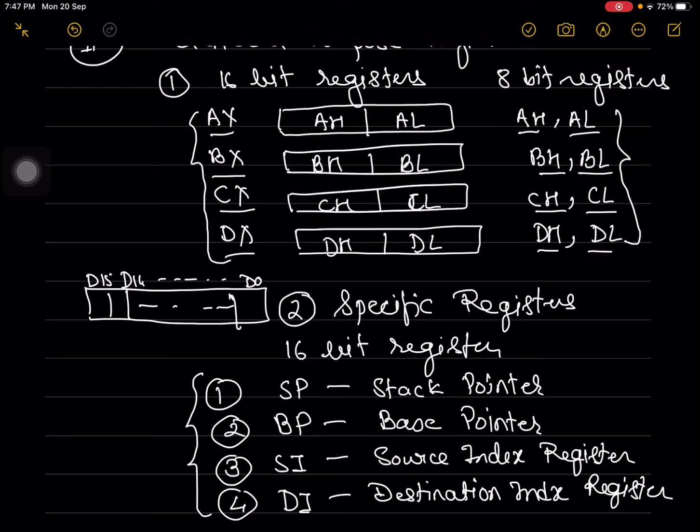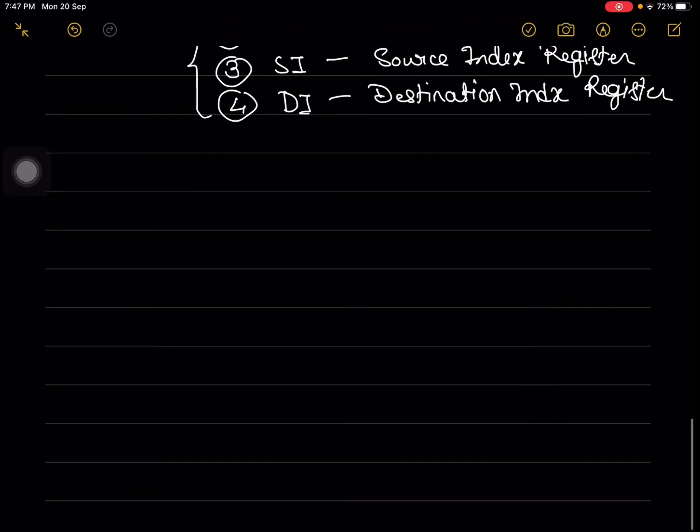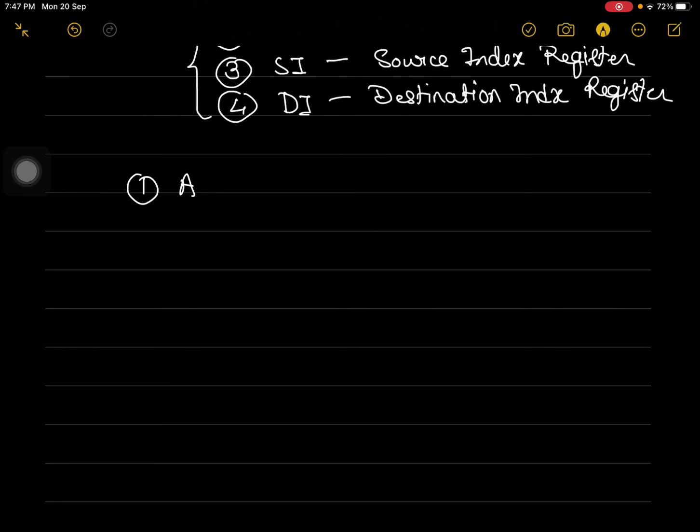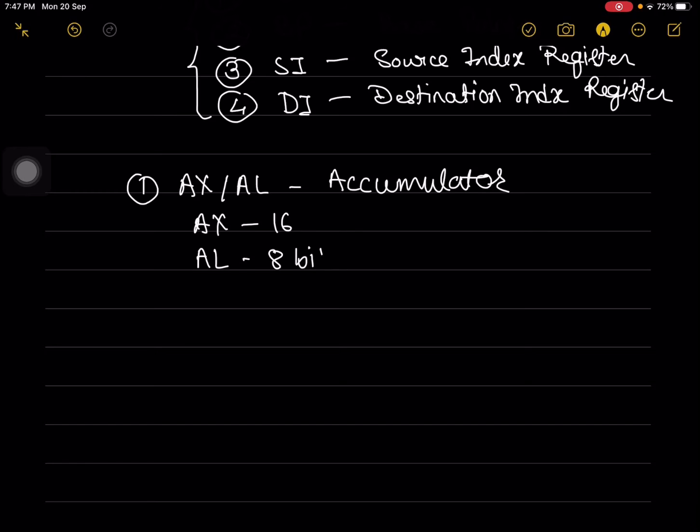All these registers are general purpose registers, but simultaneously they have some specific application in some of the special instructions. To start with, the first important register is AX, or what we call the accumulator. In the microprocessor, AX is the 16-bit accumulator and AL is the 8-bit accumulator. In some of the instructions, AX and AL are specifically used for storage of the first data and for the storage